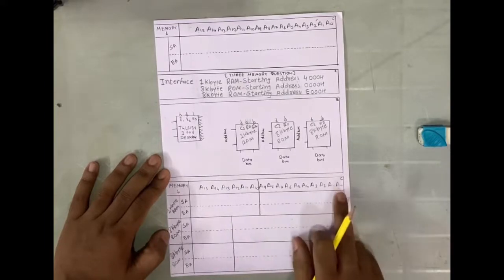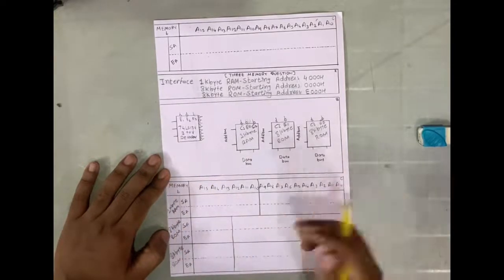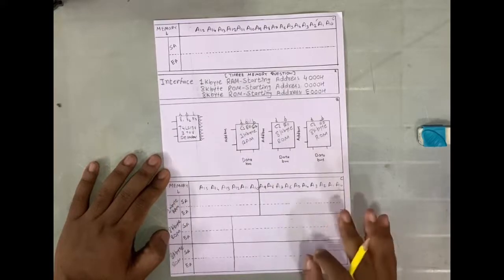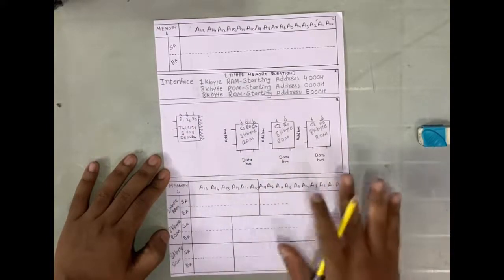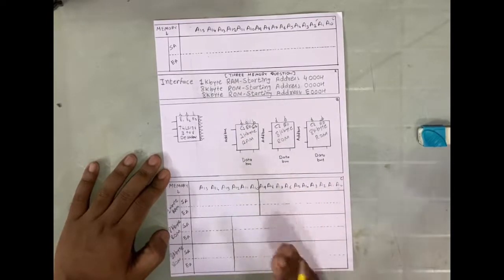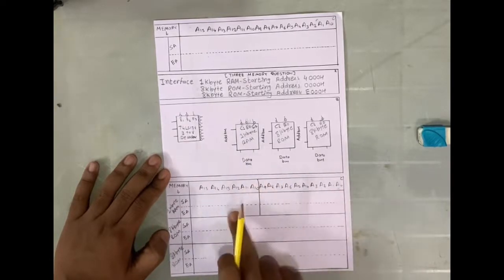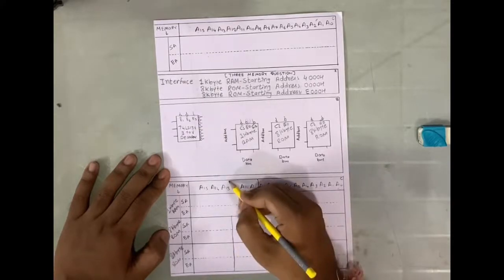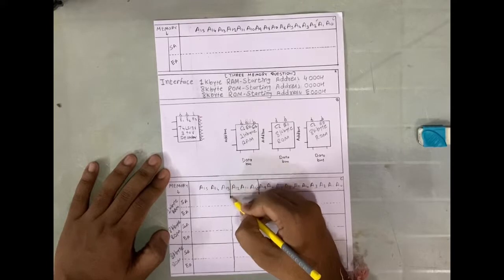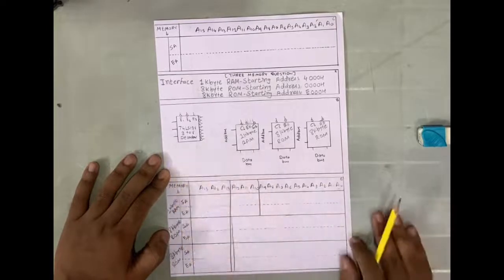Okay, so we have provided the address lines which are required for each memory. Now let's find how many address lines are required for the decoder. Which address lines will be given to the decoder? Always remember the address lines which are not given to any memory will be connected to the decoder. So which are the address lines which are never given to any memory? You can see that A13, A14 and A15 are the address lines which are not given to any memory. So A13, A14 and A15 will be given to the decoder.